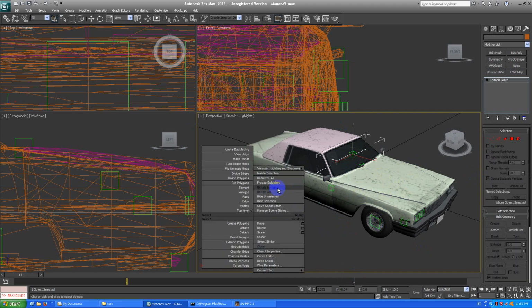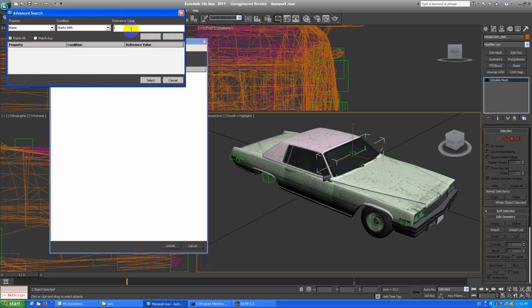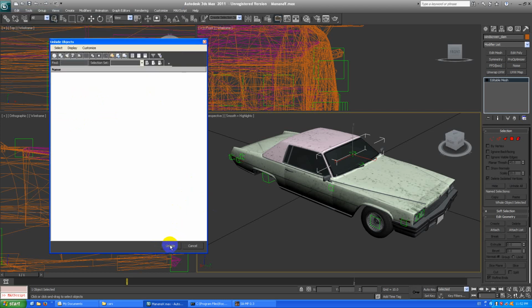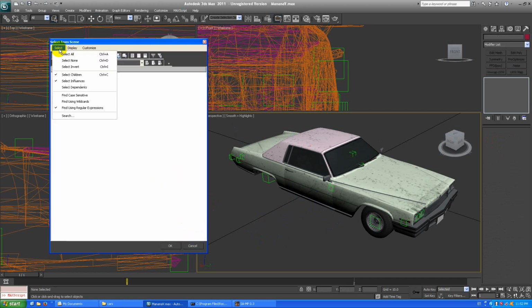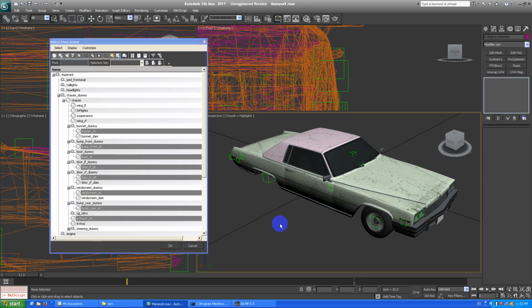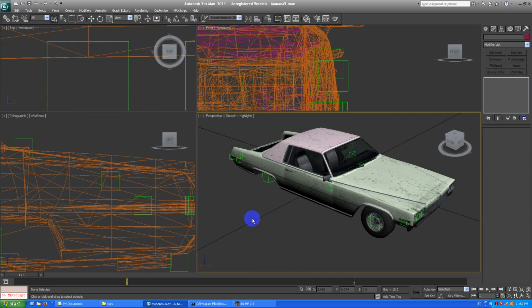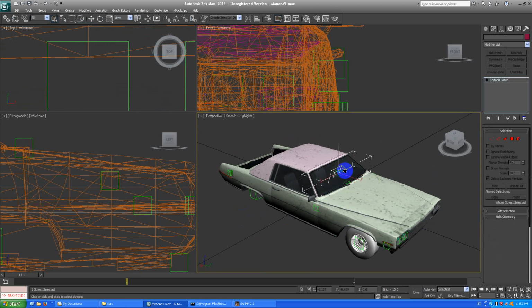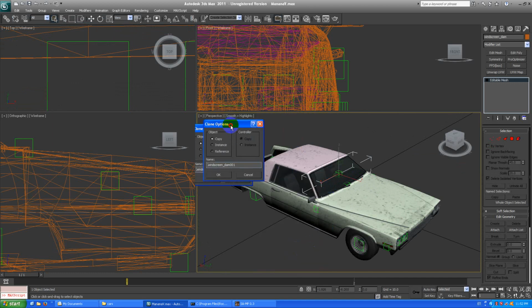And now I just basically unhide by name, so everything that has OK in it, which are the normal parts, I'm just going to get them out of my sight so I can see better what I'm working on. So yeah, the easiest damage part to do is of course the windscreen. For that, my way of doing that is just